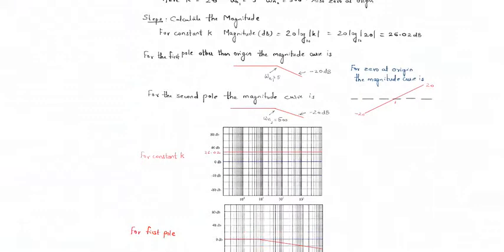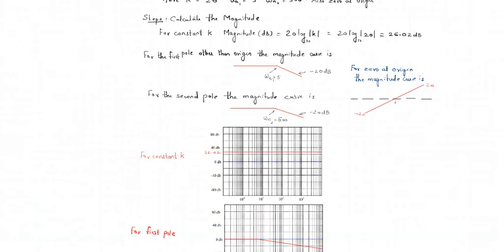We'll first plot for constant k. What is the magnitude we have obtained for constant k? It is 26.02. As you see here, this is 0, this is 40, so this must be 20 here. In between 20 to 40, somewhere we have 26.02. So we have plotted a straight line at a magnitude of 26.02, because whenever there is k, we get a straight line in the output.